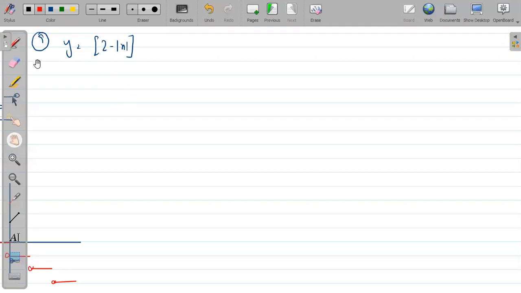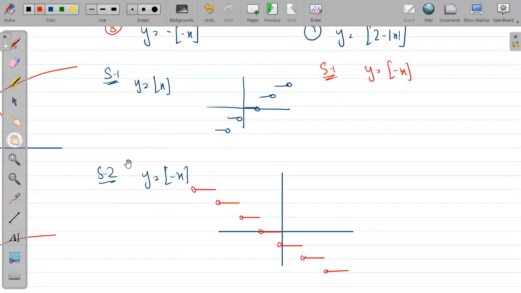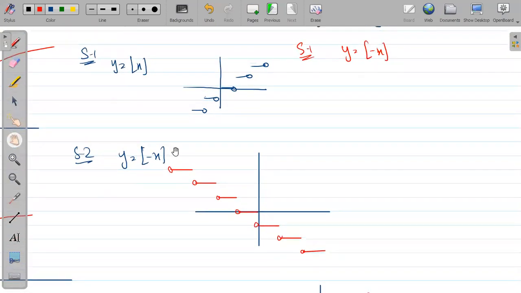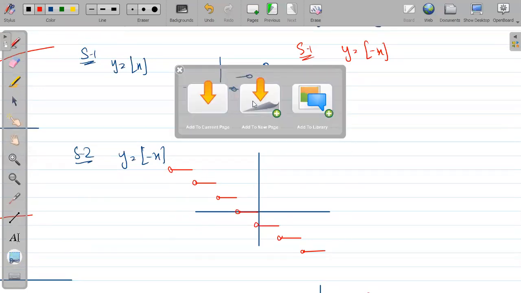Okay. Yeah. So see this graph. Let's start with step number 1. y equal to minus x or x only? Can I start with minus x? Because already we have drawn this one. Right? So I'm copying this graph and I'm just keeping it here. Why do it again? Why draw it again?